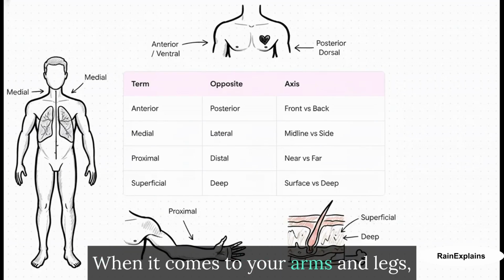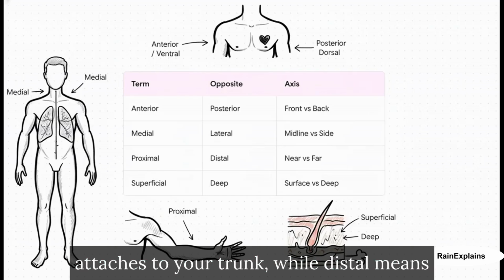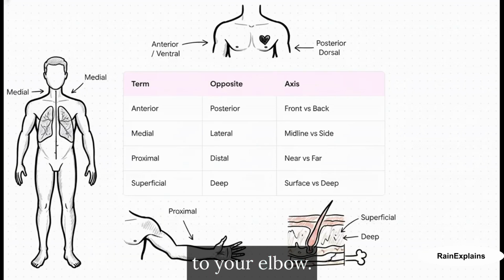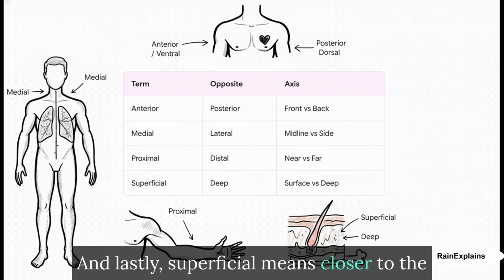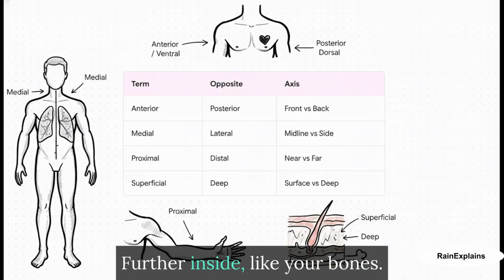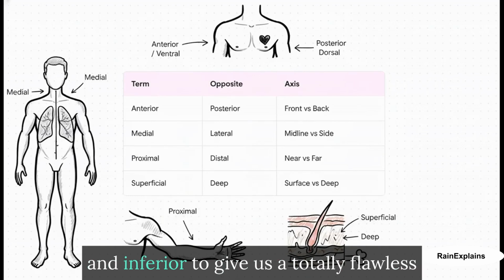side. When it comes to your arms and legs, proximal means closer to where the limb attaches to your trunk, while distal means further away, like your fingers are distal to your elbow. And lastly, superficial means closer to the surface, like your skin, while deep is exactly what it sounds like, further inside, like your bones. All these pairs work exactly like superior and inferior to give us a totally flawless coordinate